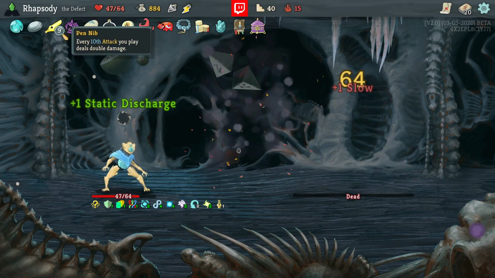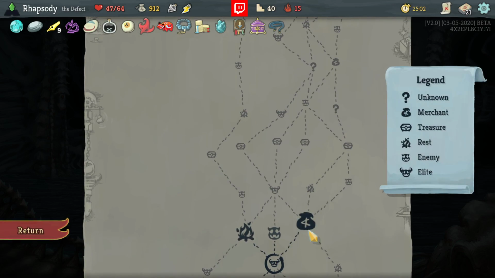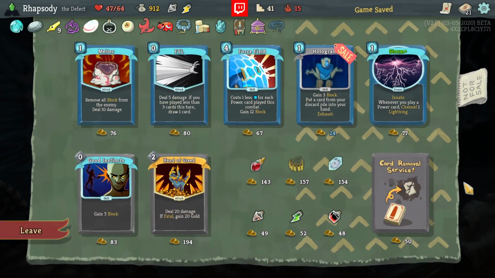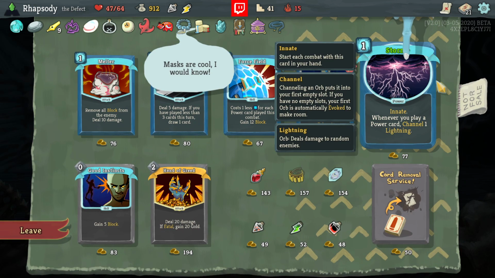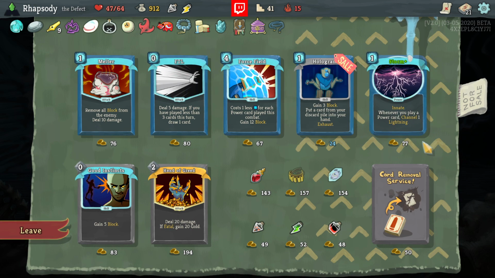There we go. Which leaves me with the pendant for the start of the next combat. Your rightmost orb triggers its passion of additional time, as well as another Echo Form. If there was ever a Snecko Deco, this is that Snecko Deco. We're gonna play a power card, channel 1 lightning. Do I want to...